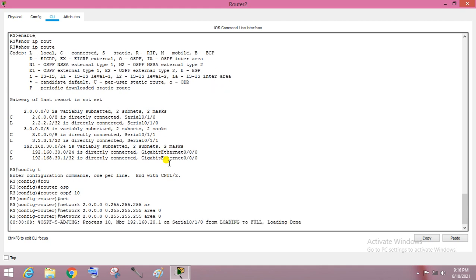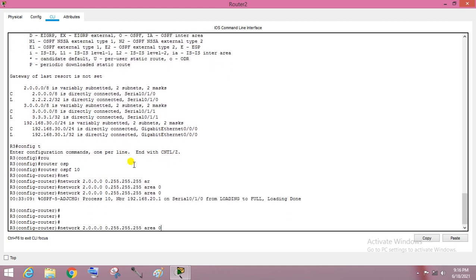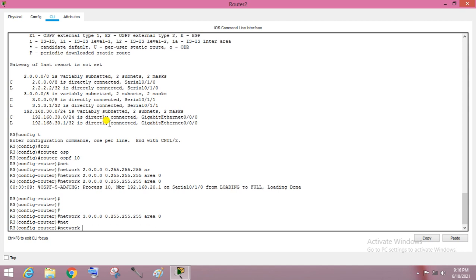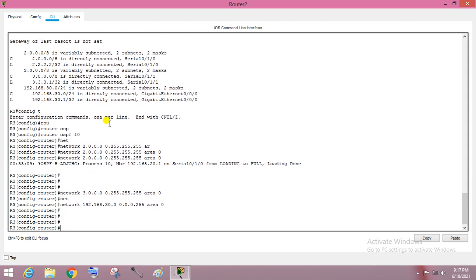Another network is 3, so go here. The class C network is 192.168.30.0. Subtracting from 255.255.255.0, it will be 0.0.0.255, then area 0. Okay. Exit.